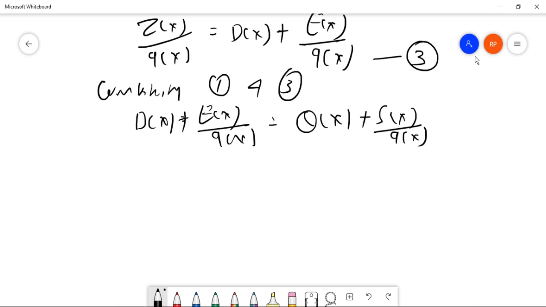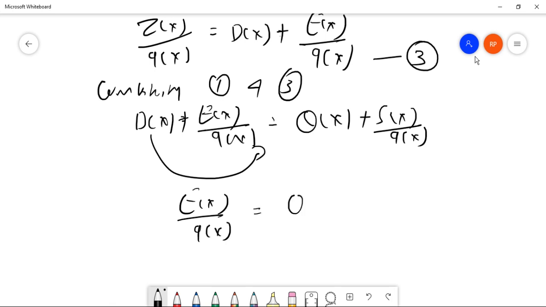Now, let us bring this D of X this side, so it will be E of X divided by G of X is equal to Q of X plus D of X